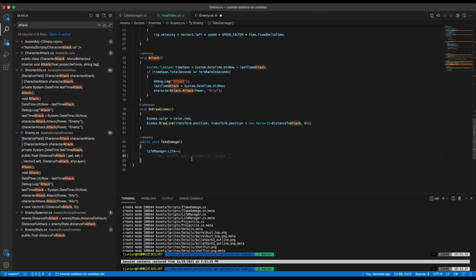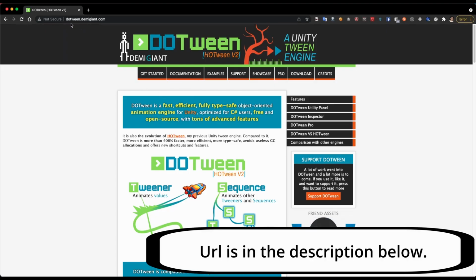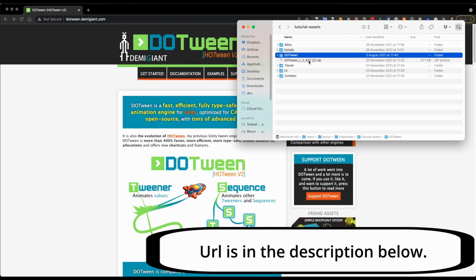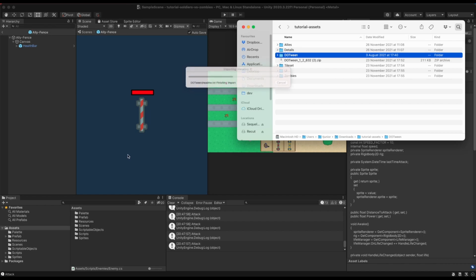Alright. When the life decreases, you want to change the color of the sprite to red for a small fraction of a second. And to do this, I'm going to use a library called DOTween, and you can download it from this site. I downloaded the zip file and unzipped it to this DOTween folder. To import, we just need to drag and drop the folder